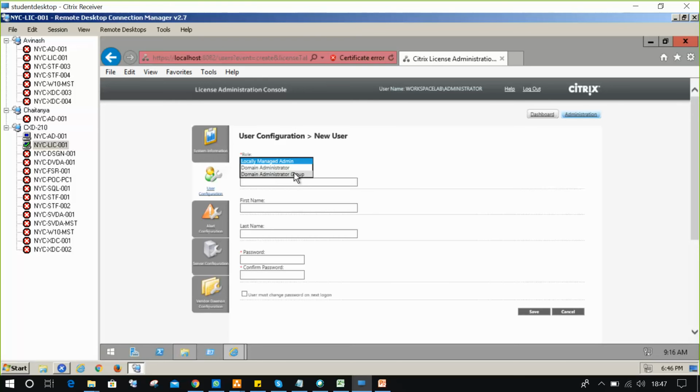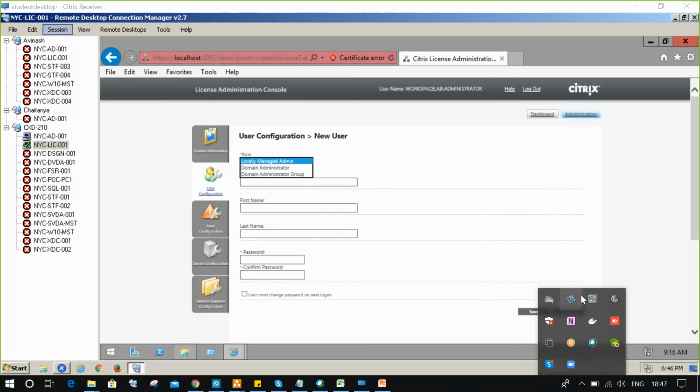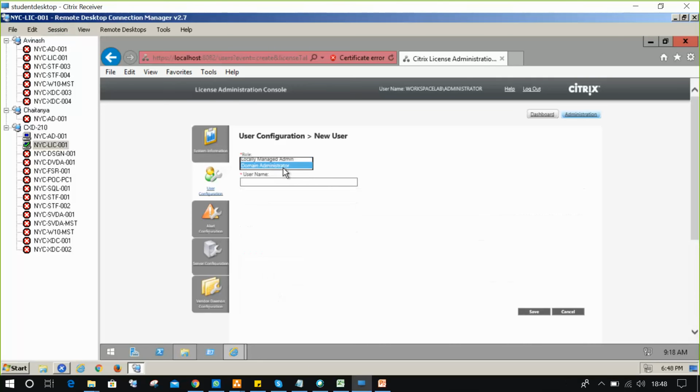How to create and manage administrator groups, going forward we will understand. Just give me a minute. Mostly this topic, domain administrator groups management, is under Citrix administrator. There is a topic in that area where we will learn that. At present I am adding a domain administrator from AD. Who is the name? Avinash.